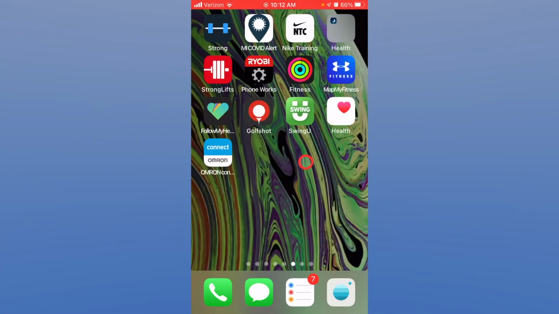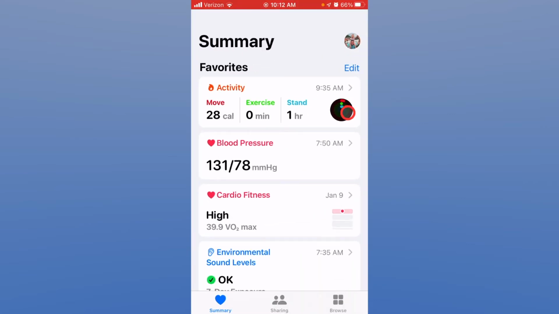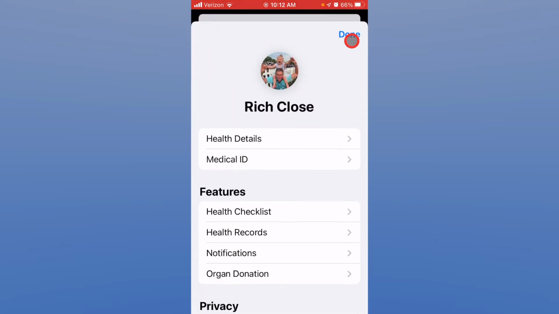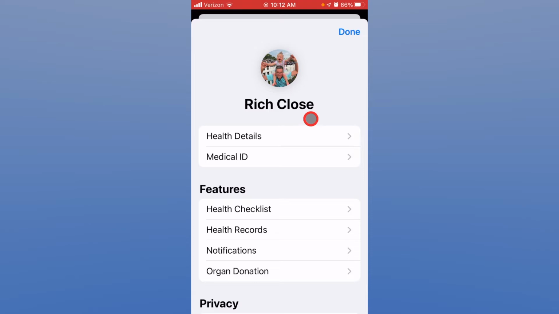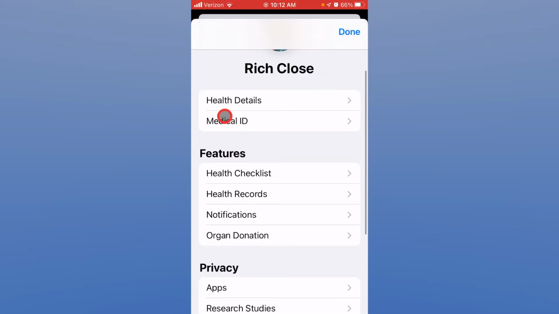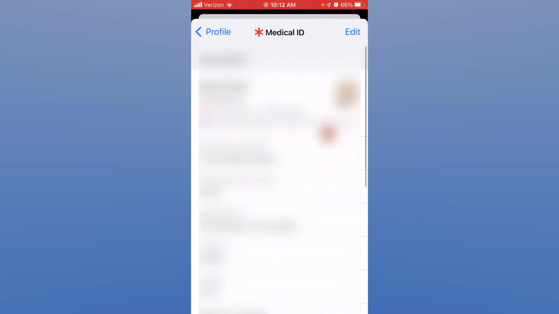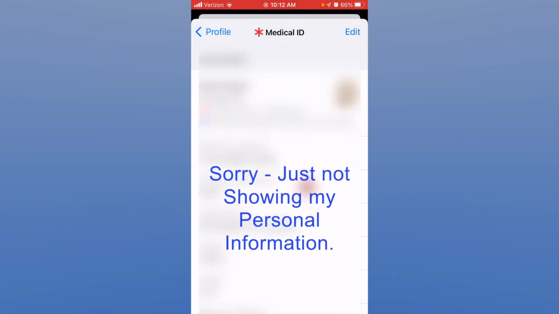All right, we need to go into the Health app on our phone and up into Profiles. Again, that's maybe your initials right next to Summary, but it could be a picture of you. You go into the Profile area and Medical ID. And you can see it lists all the different information here. And we're going to go to Edit